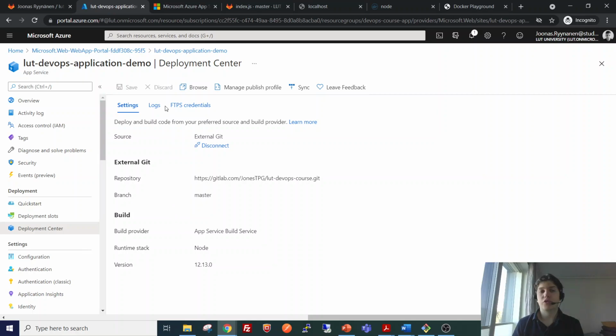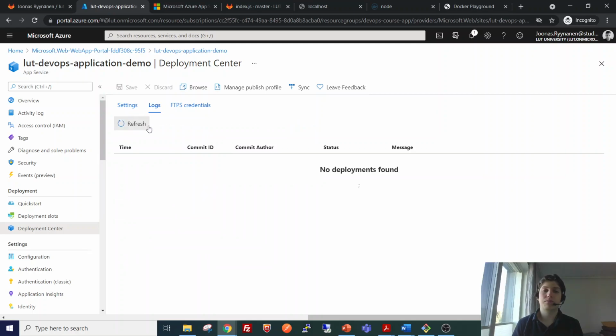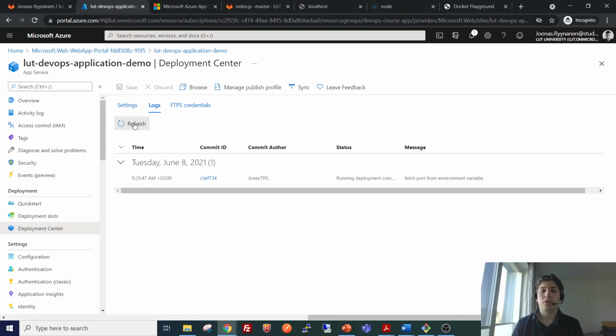And now Azure will start to deploy our code from the provided version control URL. We have this log screen here, and we can see that it's now running the deployment.